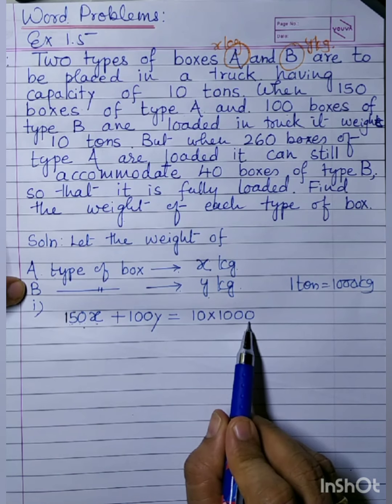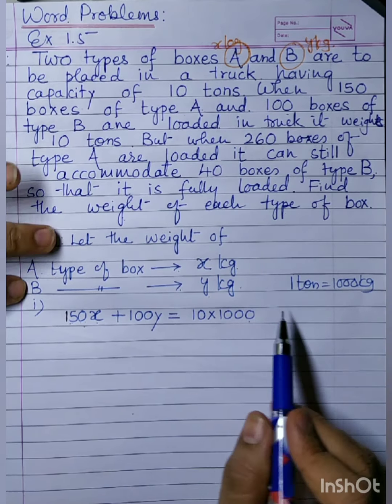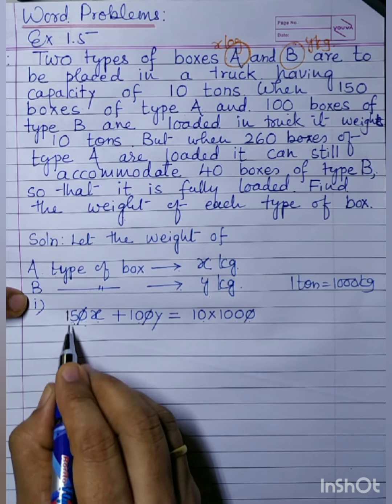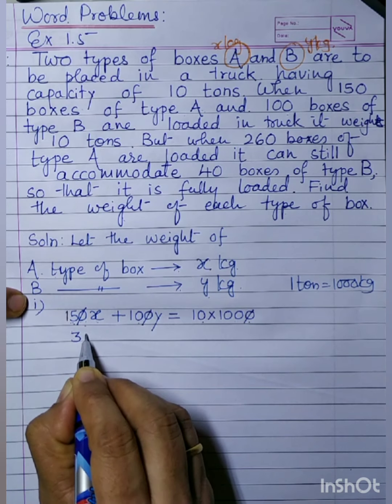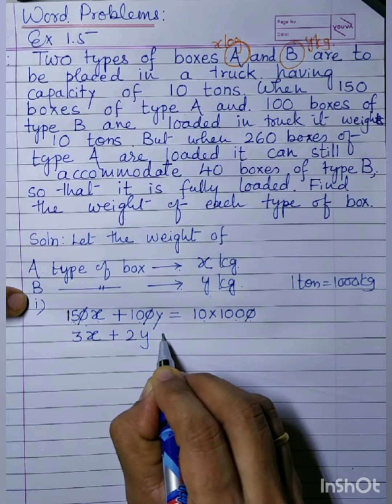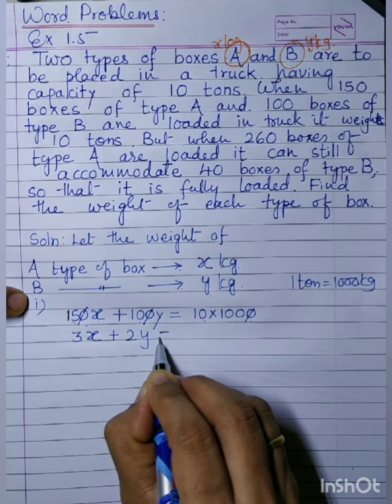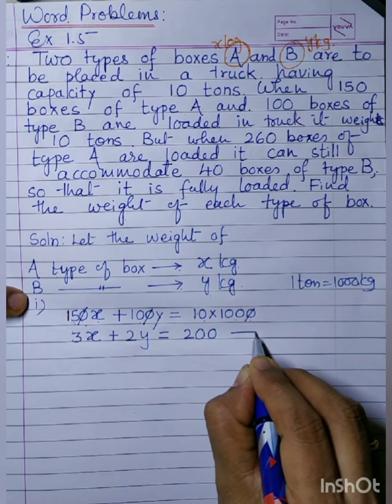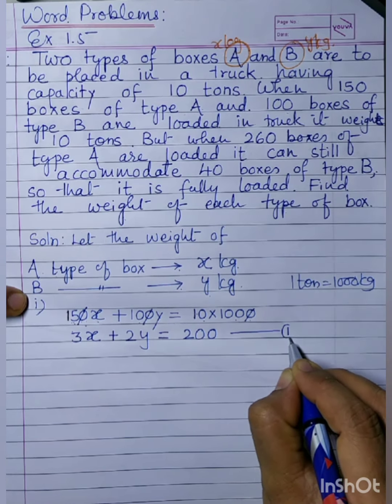Now look at this equation. We are not going to continue with such big numbers. So the first step, you simplify. You can divide throughout this equation by 10, right? So what is left here is 15, 10 and here is 1000, which can be again simplified by 5. So I will simplify it by 5 also. 5 3s are 15x plus 5 2s are 10y is equal to 200. 5 2s are 10 into 100, 200. So this is your simplified equation 1.